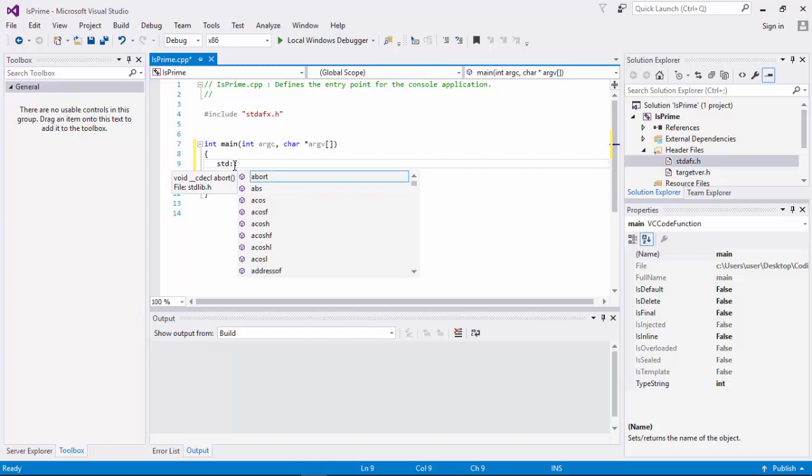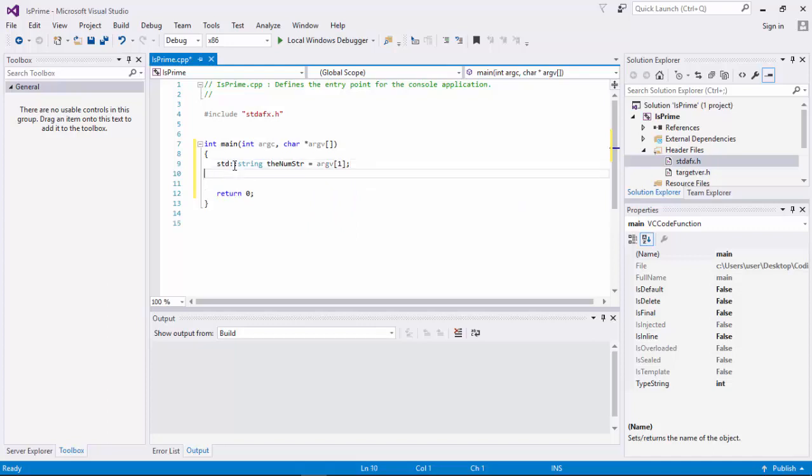So we want to declare string. We put std:: and then string. Let us call this string num_str. We include str in the name because we are going to use a similar variable name that will be of type integer. Then this variable we quickly assign with the parameter which is argv[1].